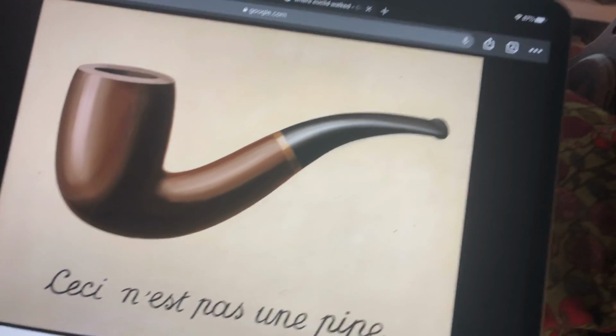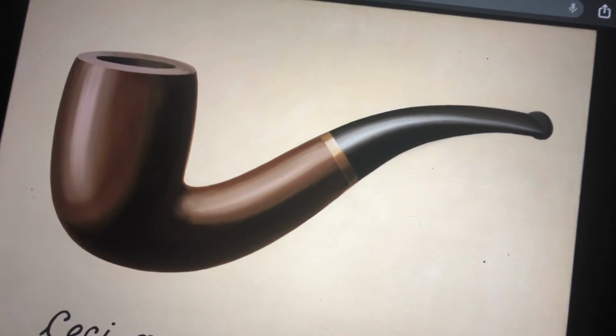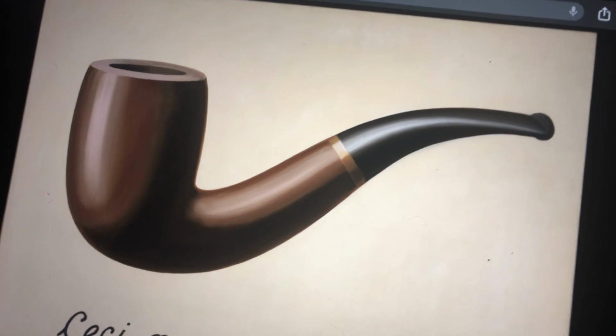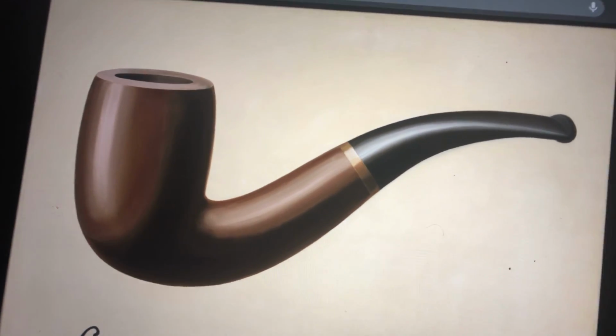It's a very realistically drawn pipe, by the way. It's the kind of pipe that you would smoke. You see Sherlock Holmes smoking a pipe like that. It's very well painted. I mean, it looks realistic, right? It's not like a bad cartoon. He didn't do a bad job on it. It looks perfect. That is definitely a pipe you could put in your mouth and smoke. It looks very realistic. Except here's the problem with that pipe. Can you smoke it?